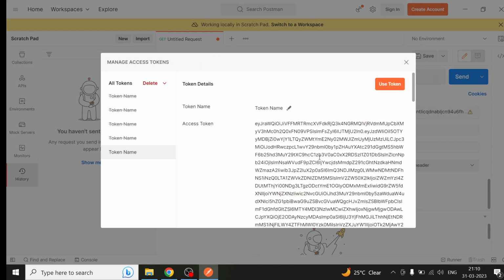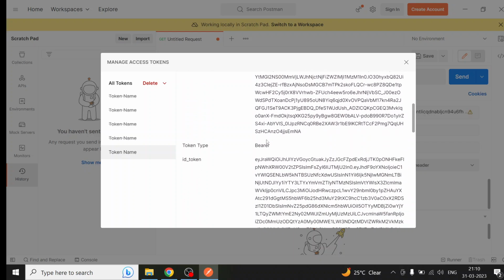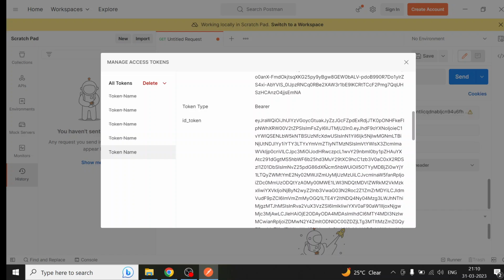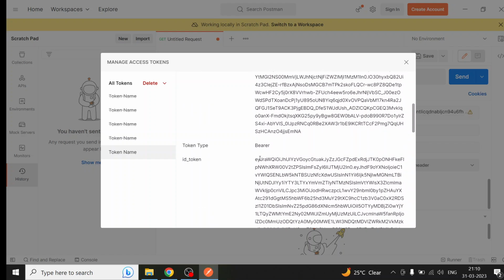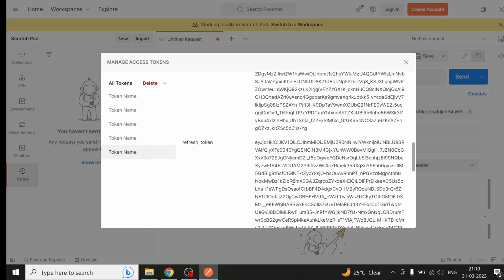So you can see I have received the access token. And if you scroll down, the token type is bearer, and I have also received the ID token. I have also received the refresh token. That's great. Now I copy this ID token